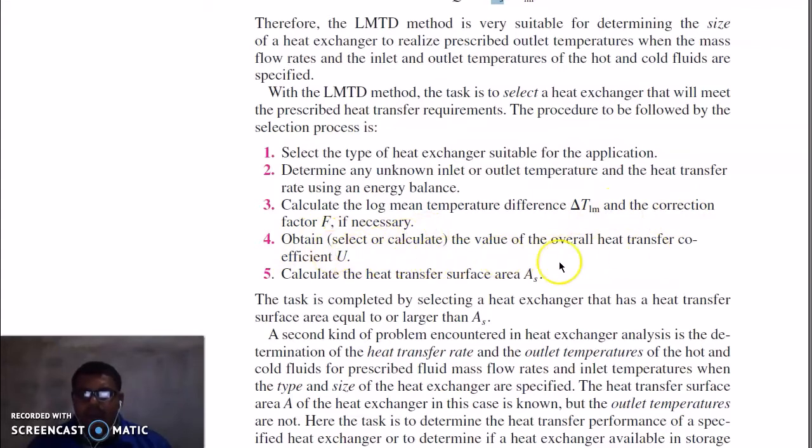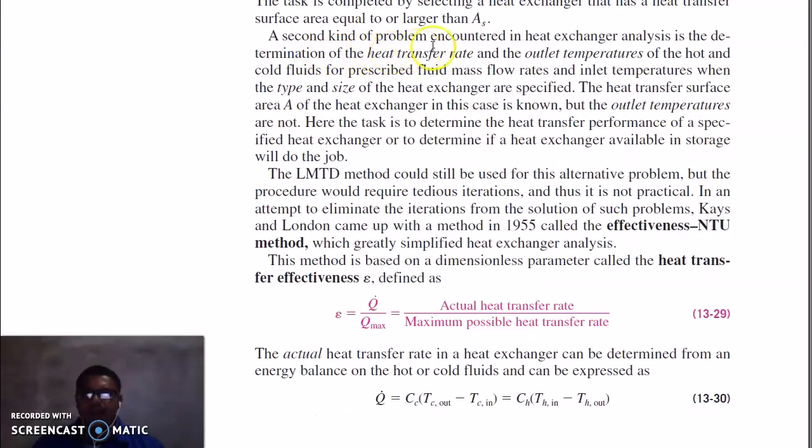Obtain the value of overall heat transfer coefficient U. Calculate the heat transfer area AS. So the task is completed by selecting a heat exchanger that has a heat transfer surface area equal to or greater than AS. A second kind of problem encountered in heat exchanger analysis is the determination of heat transfer rate